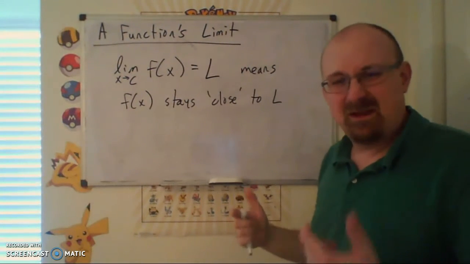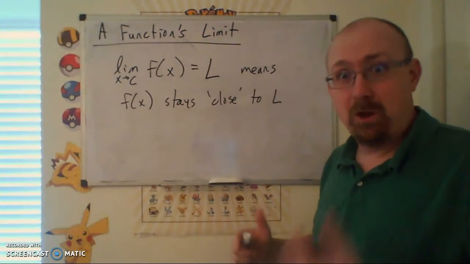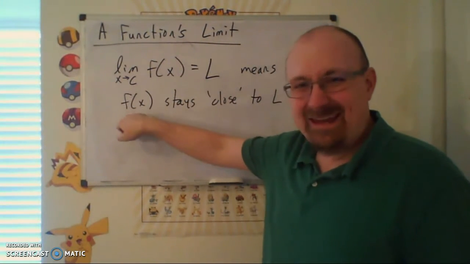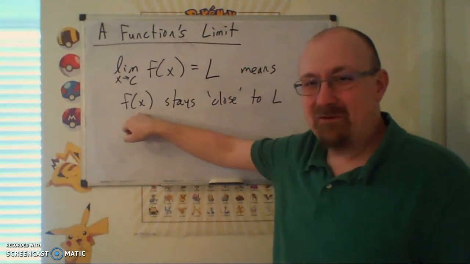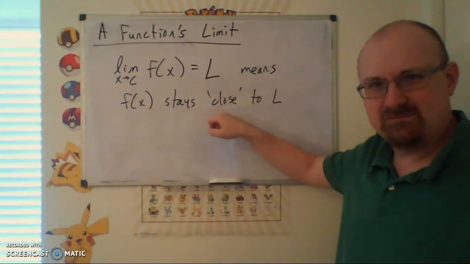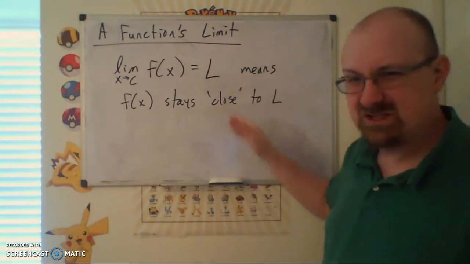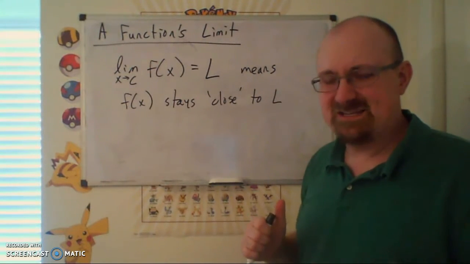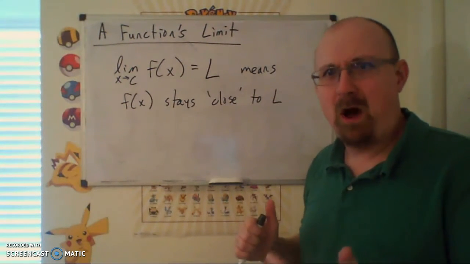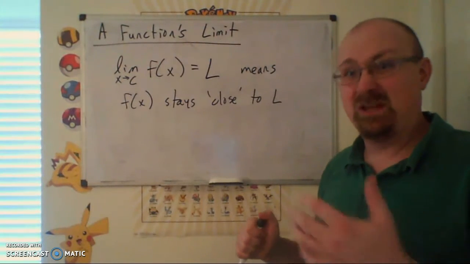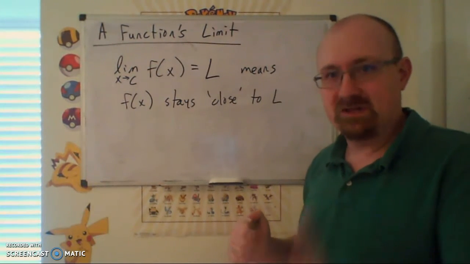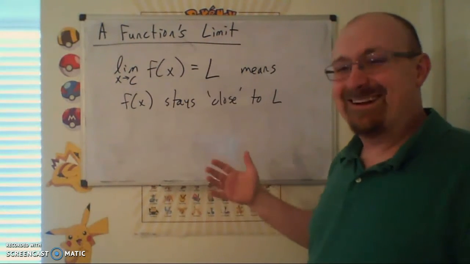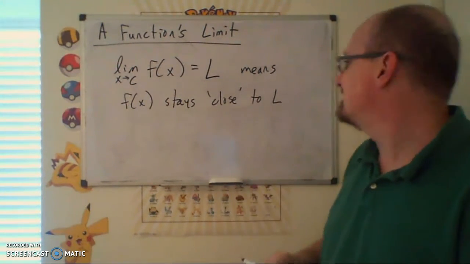Remember, f of x, for any given value of x, is going to give you a number back, the function's value, right? So the idea here is that we can guarantee that our values for f of x stay close in some sense. So again, note the quotes there. That's often math teacher code for this is kind of technical and I don't want to bog you down too much in it. I'm sort of standing between you and the true rigorous mathematical definition here. But the idea is f of x, we can guarantee that it stays close enough to L